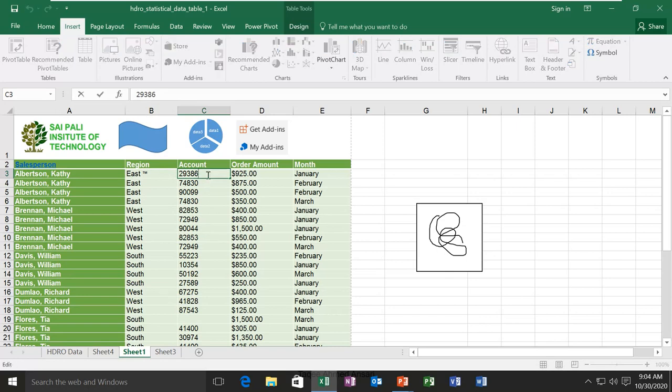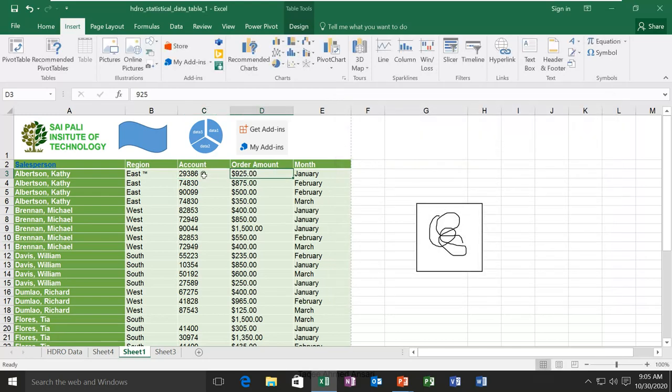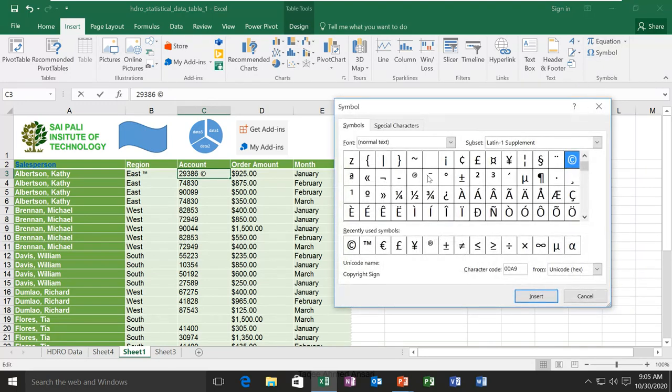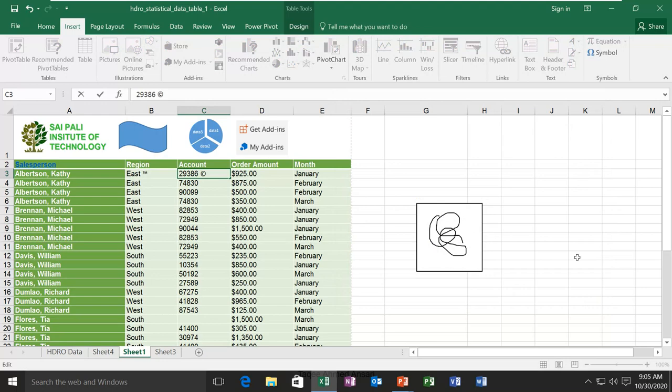You want to add some copyright, then you can add it here, these symbols, copyright, and you can see that copyright symbol. So many other symbols are there. There are lots of symbols here. So we can choose from these lots of symbols, and also we can use this equation.